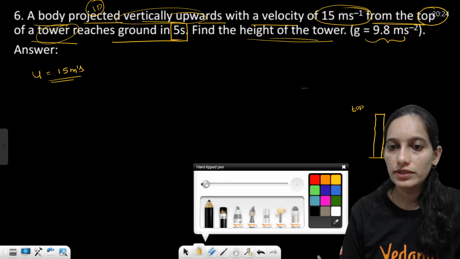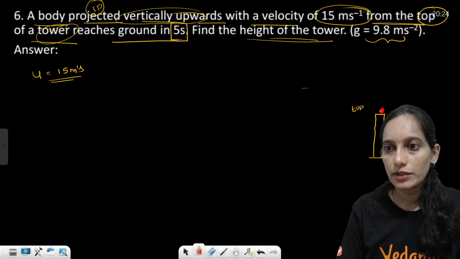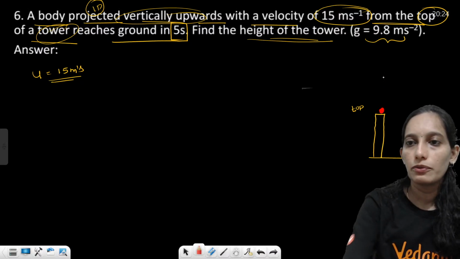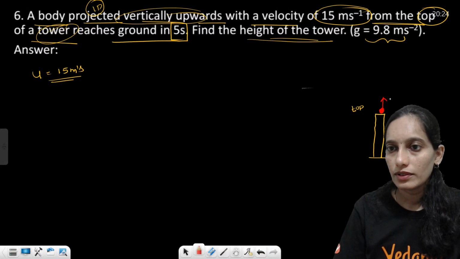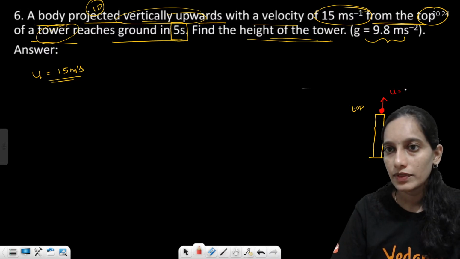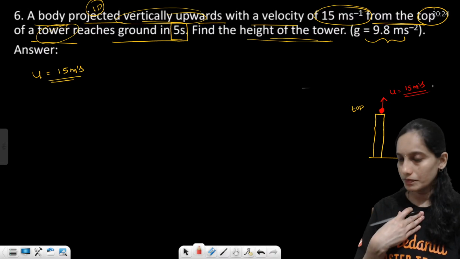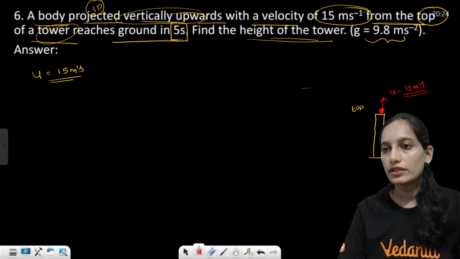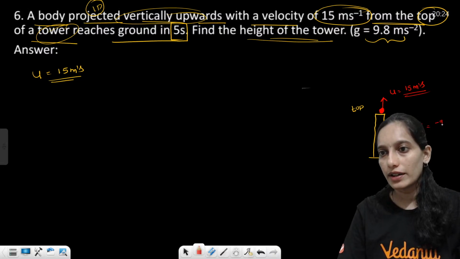From that we are throwing a ball, correct? The body is projected, it might be a stone or something. So we are throwing upward with some velocity, 15 meters per second. And g is always acting down, so I'll take minus 9.8 meters per second